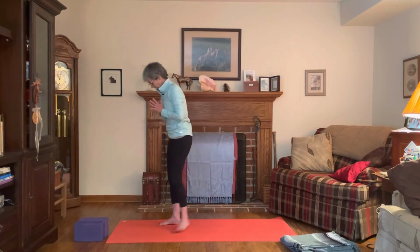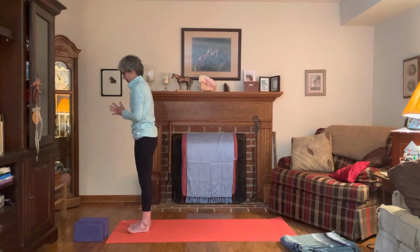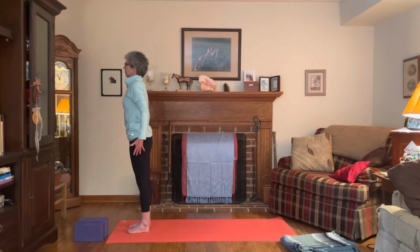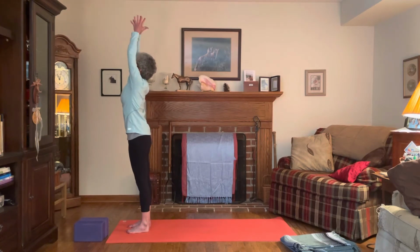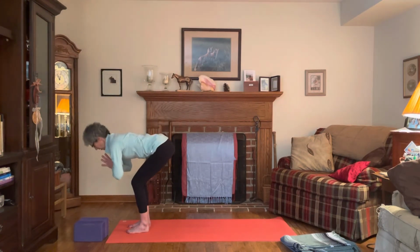So we're going to do, again, a little slow flow from the end of our mat now. So coming to the end of your mat if you're not already there. So feet hip distance apart. Once again, find your mountain pose. Inhale, float the arms up. Bring the palms together. As you exhale, bend the knees, fold all the way down to that standing forward bend